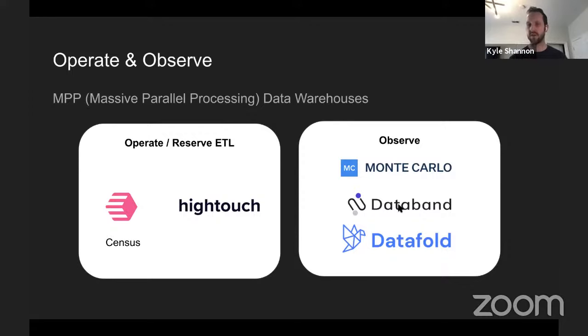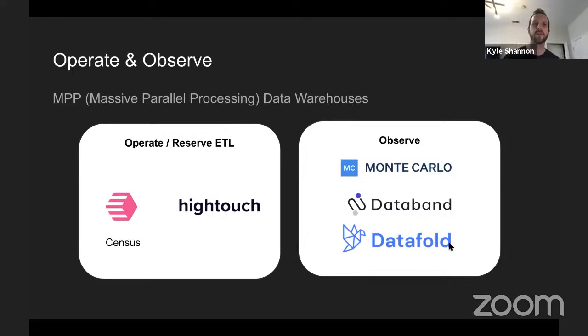Databand worked more in the orchestration layer. So this adds visibility for the engineering side, particularly in very complex orchestration logic, to understand what's happening along the way and monitor and log things in a more clean and defined fashion. And then with Datafold, they have a tool that's really interesting, and they even have an integration with